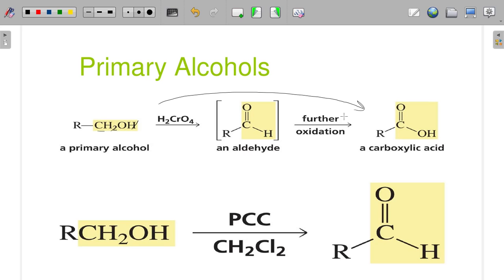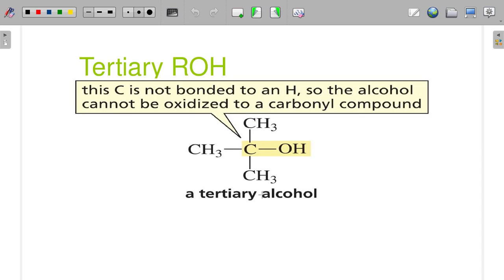If you need an aldehyde, you actually can use this stuff called PCC. It is a chromic acid derivative, and we are fine to call it PCC. It's only really ever used to turn primary alcohols into aldehydes. Now, interesting, nobody really likes to use either one of these too much because chromium is toxic. There are alternatives. All right, but before we see alternatives, we got to ask ourselves, why can't tertiary alcohols be